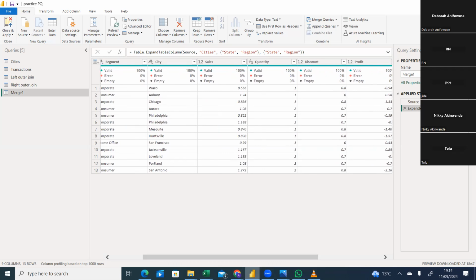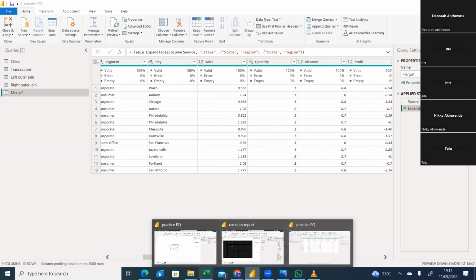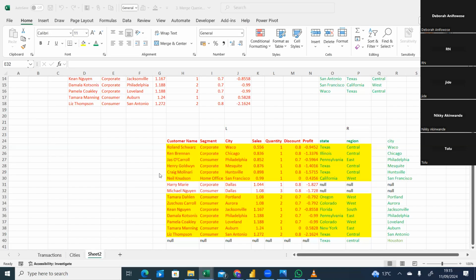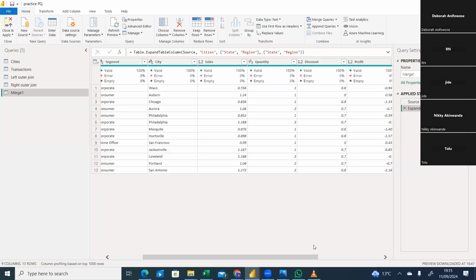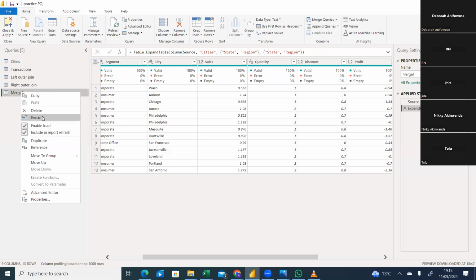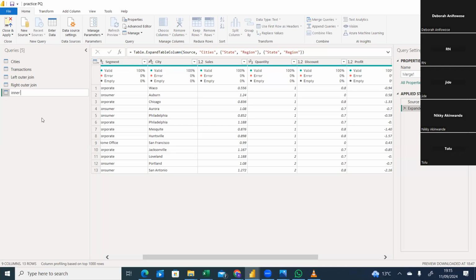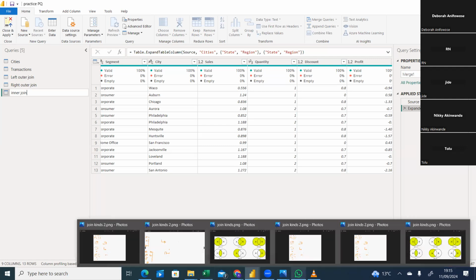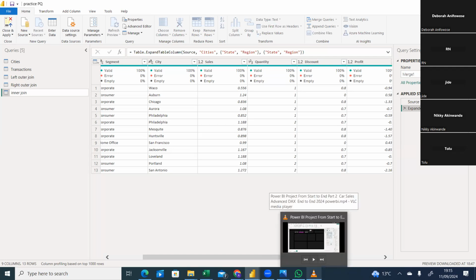So going back to the table here, we can see that all the null values didn't come with it. All the null values didn't come with it. So I hope that explains what is happening in inner join. So with that, we can rename this as inner join. So barring any question, I think we can safely move on to the next kind of join, which is, let's